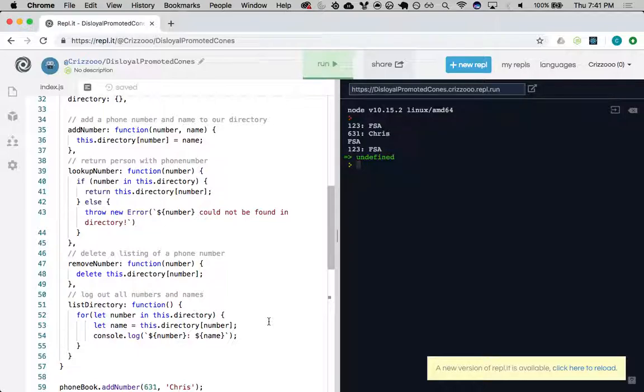So do we think these functions, if we're good on the this and we're good on the brackets, what about the implementation of these functions? Do we find that difficult? They're pretty simple, right? I don't want to put you down if you don't fully grasp it yet, but it shows you that we kind of just made a real life object. Like this will function like a phone book, and it's not that much code, and the code isn't that hard once we at least get the bracket notation and the this keyword. Okay, so